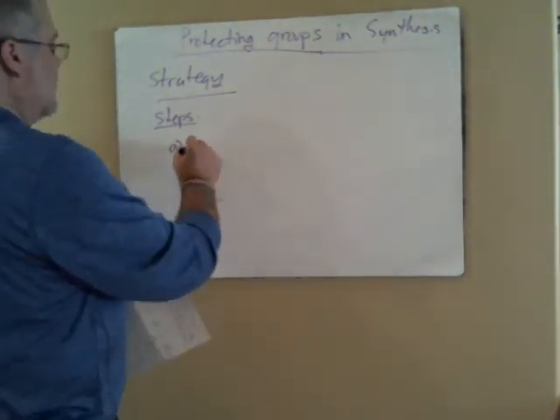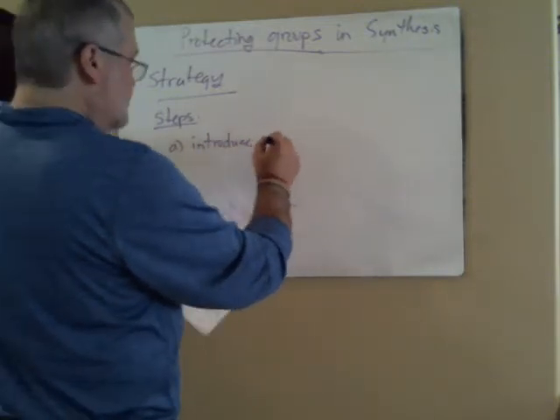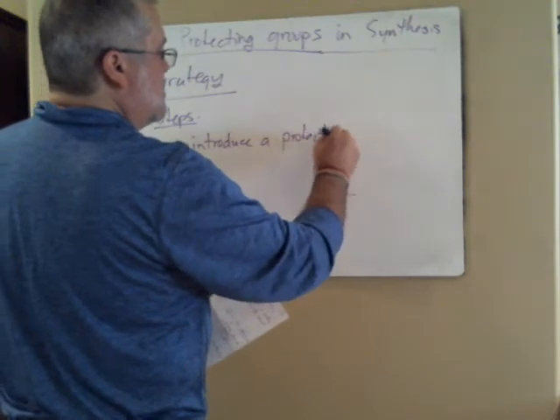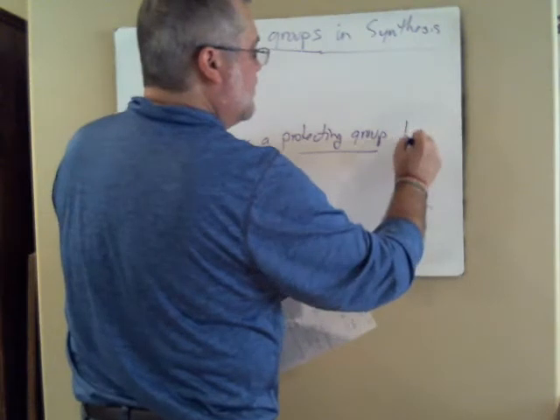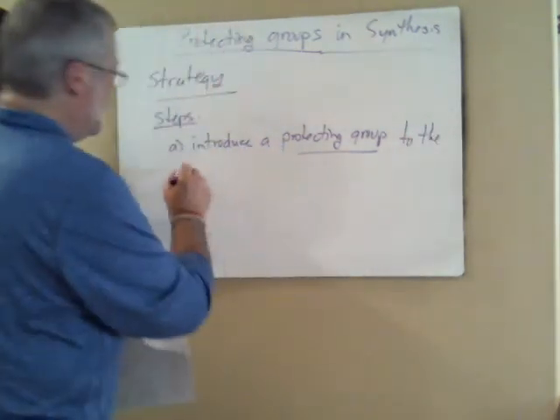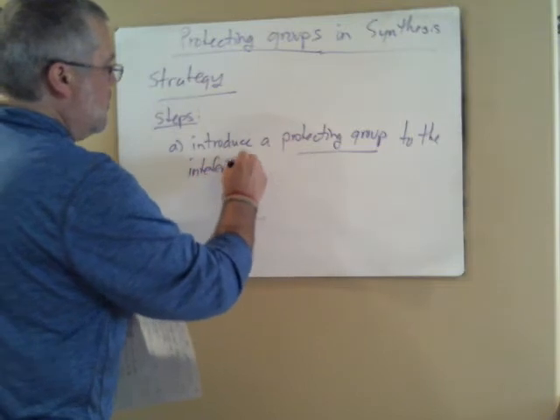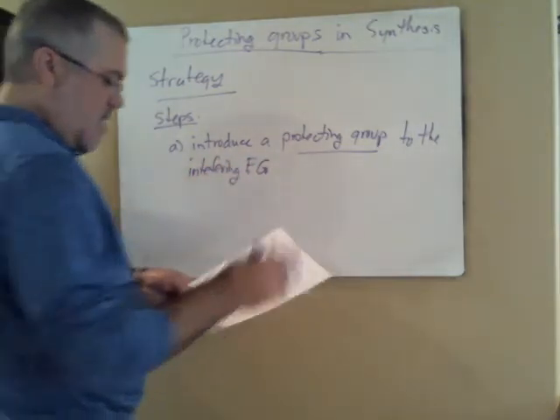So introduce a protecting group to the interfering functional group. And in this case, it's the alcohol, forming,